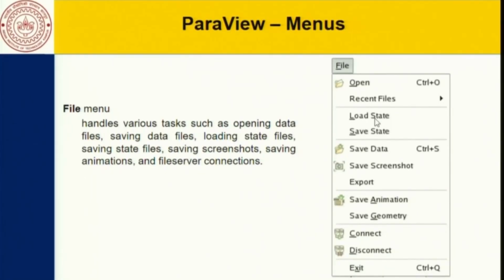And in load state, whenever you want to load that in your render view, you can load that state and straight away see the modifications you previously did. And save animation, basically you can generate your animations, and save screenshot will take the screenshot of your render view area.